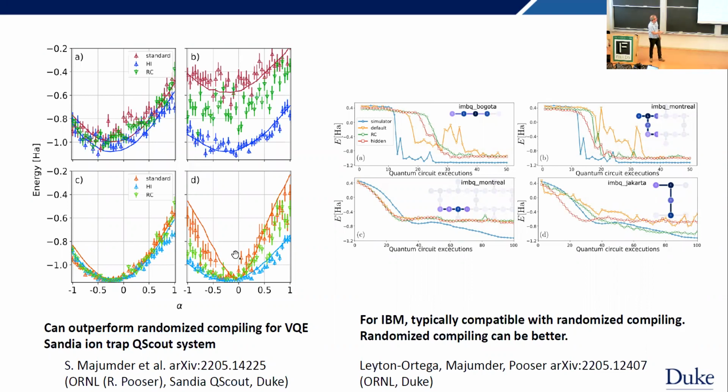Now, on the other hand, on this IBM experiment, on these different IBM machines, here they're just looking at how many executions you need to do to reach the minimum. So I'm doing my variational algorithm to try to reach whatever my minimum is. And what's interesting is sometimes, like on this machine, random compiling and hidden inverses are exactly the same. On these other machines, there's some difference, but they tend to the same error. And then on this last machine, hidden inverses is terrible.